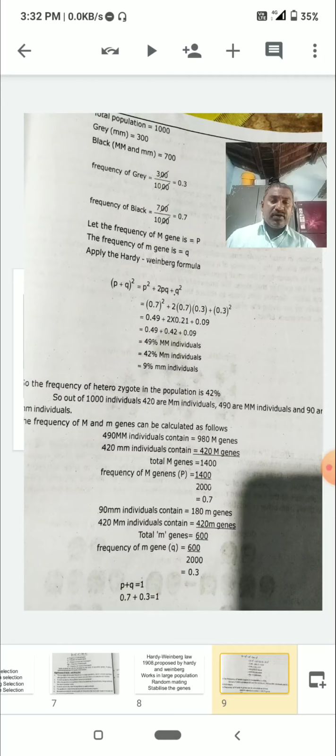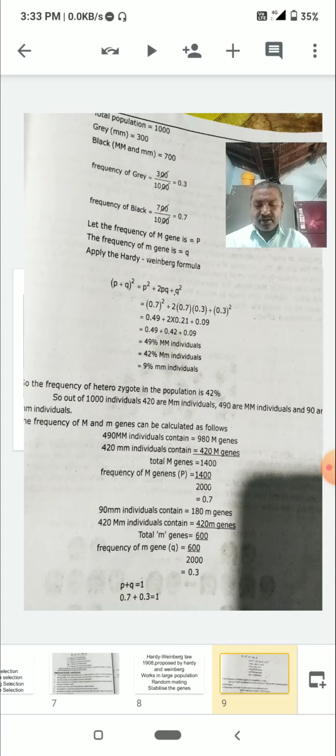Sometimes, in genetic drift, for example, in 2000 alleles, 600 recessive alleles are there. Suddenly 600 less recessive means 300 organisms. If suddenly these organisms are not selected by nature, they all die. So, only the grey population will die and the black population will be selected. Here capital M is nothing but the black population.